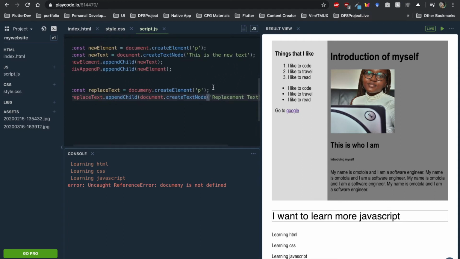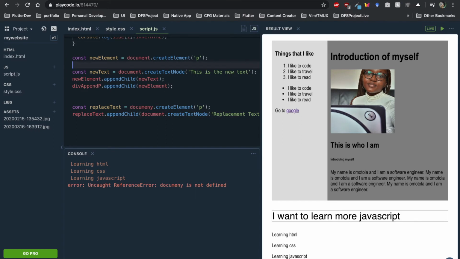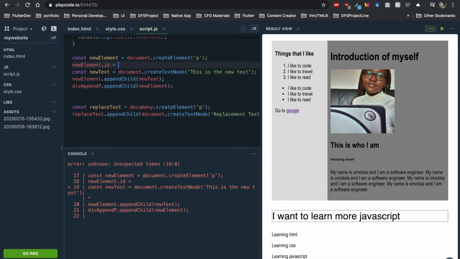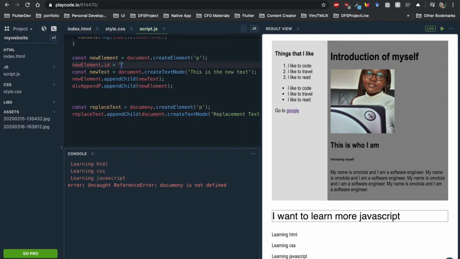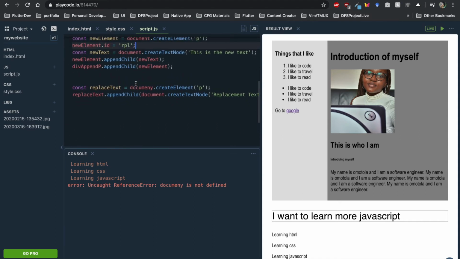And now that we have our replacement text, we can decide how we want to replace this. Before then, here where we have this p element that we had, we can give it an ID. So this new element.id, we can say the new element ID is p. You can just give it whatever we want, so let's just call it RPL. And then since that has an ID, in order to replace this text with this new text,